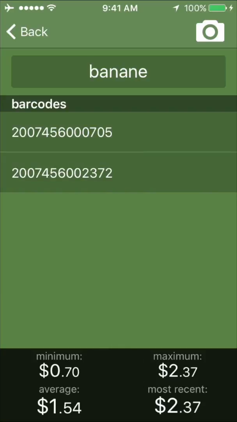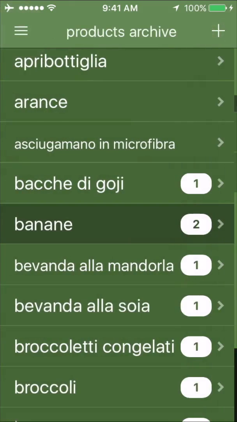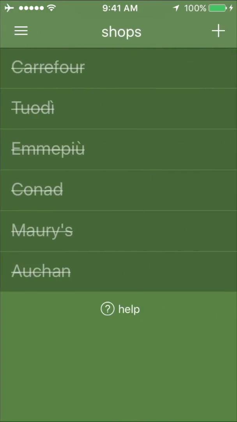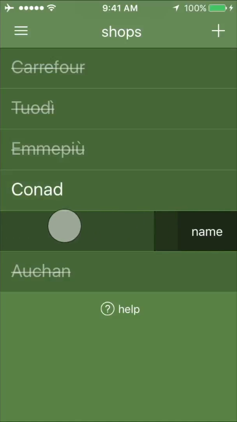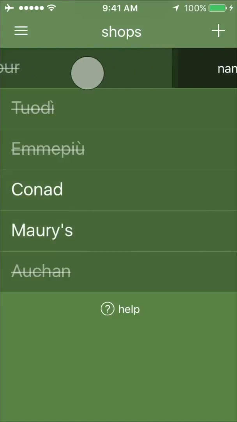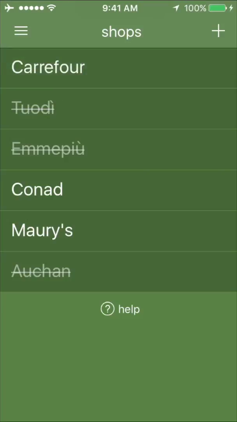A new feature introduced with version 2.2 is Shops. Instead of creating nameless lists or having to rename them manually, if you add in this section some shop name, next time you create a list, a pop-up will let you quickly assign a name in a matter of seconds. Let me enable some shops names I've hidden to keep tutorial simple and see the result. Let's return to the list using menu or keeping your finger on the page title.